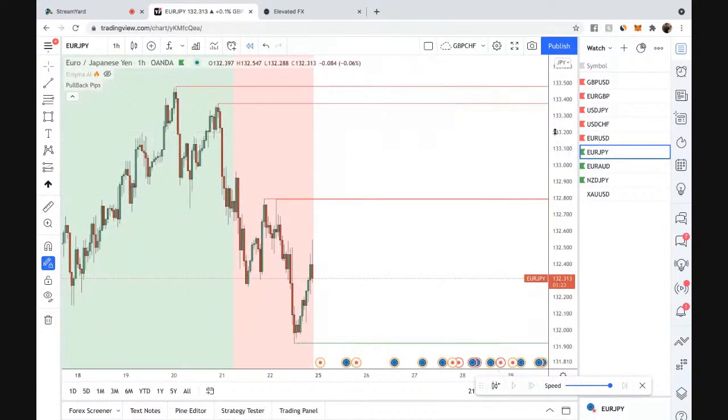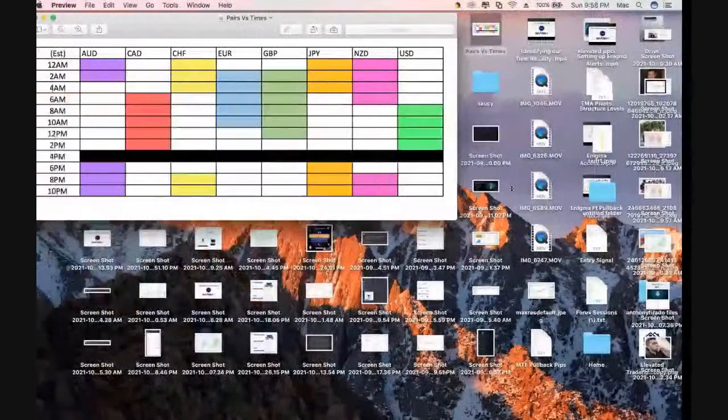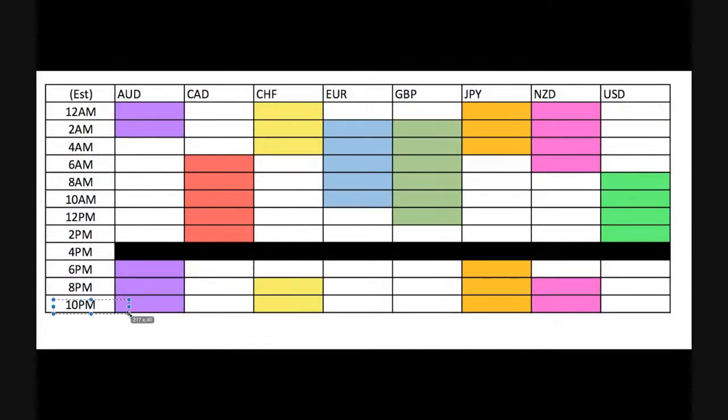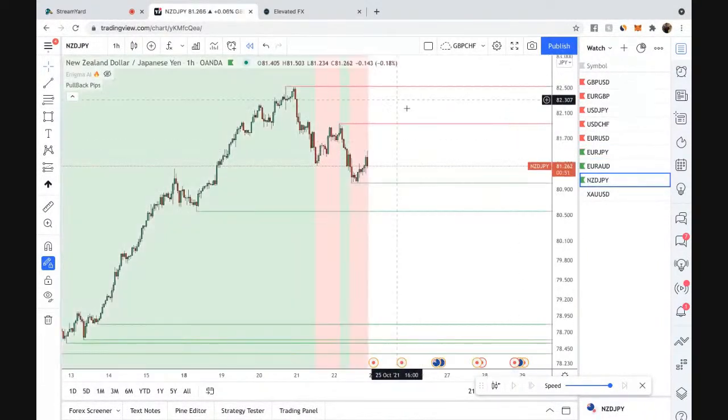EJ, let's talk about it. Now, EJ is going to do more of a JPY function, right? And what I mean by that is, if you look at the time, right now it's 10 p.m. Dang, time flies. So if you look at the currency pairs, right now it's NZD time. It's JPY time. Swiss time is getting ready and it's AUD time, right? So that JPY, it doesn't say it's Euro time, it's JPY time. So whatever that yen is doing is going to get impacted with those yens, right? So if they're looking to be bearish, if they're looking to be bullish, right?